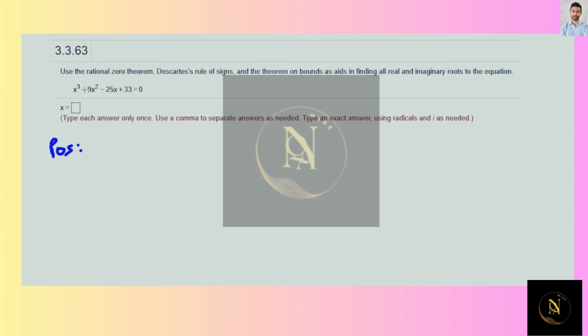All right, we can use Descartes' rule of signs to determine the possible number of positive zeros by sign changes. It changes from a positive to a negative term and then to a positive, so there could be two or none. For negative, think of negative x cubed